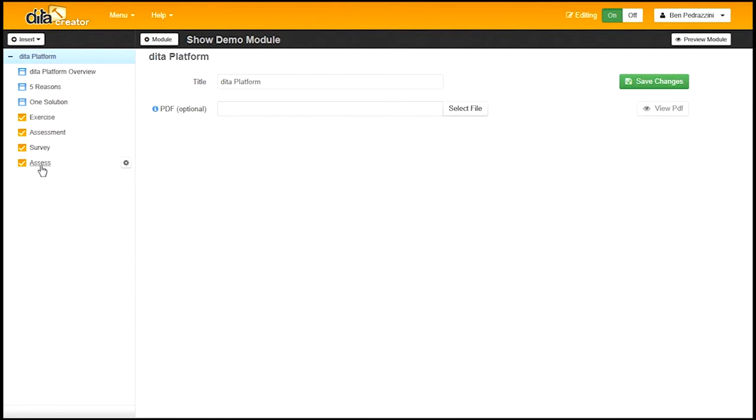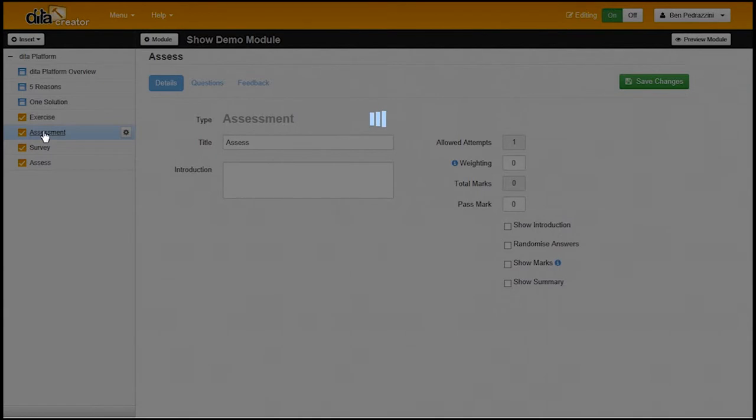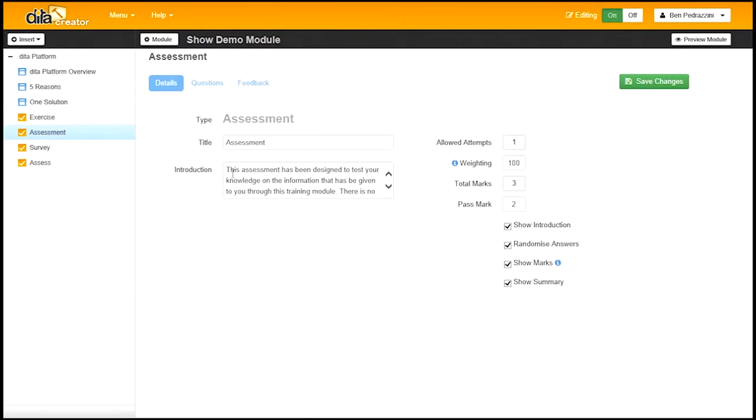This is the assessment that we just created, which has all these fields. What I'm going to do is take you through one that I've already set up, just to show you what you put in. So I'll just click on this assessment here. Once again, there are three main sections: the details of the setup of the assessment, the questions in the assessment, and the feedback. So firstly, with the details, you have your title name, which you can change here,